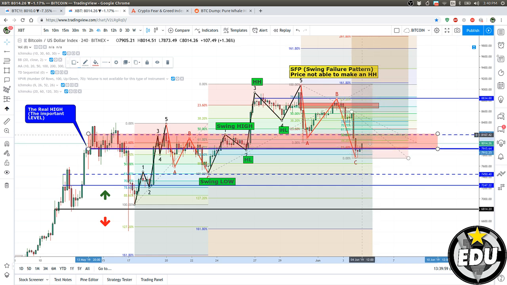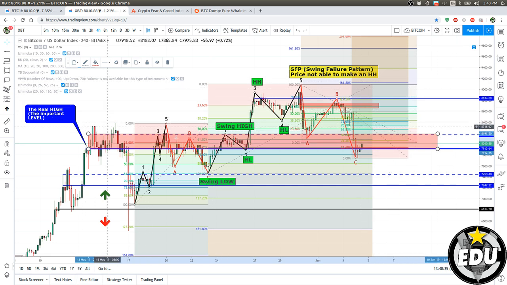That's where we decide. It's not easy at this point, but that's the range we have to look for. After such a dump, we have to see if price will just hit here and drop more, or if it can keep going up. Very hard to say at the moment. Of course, if you are scalping it on the 1 hour and 3 minutes and you bought after the dump, you can make some quick profit, but that's not the case for me. I'm trying to understand the mid term and also the longer term.